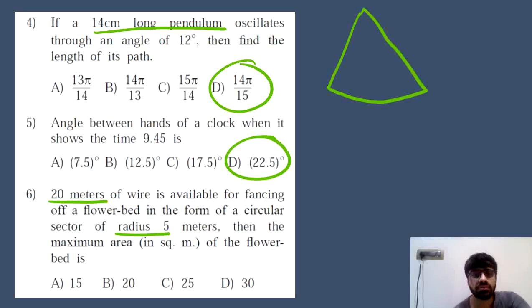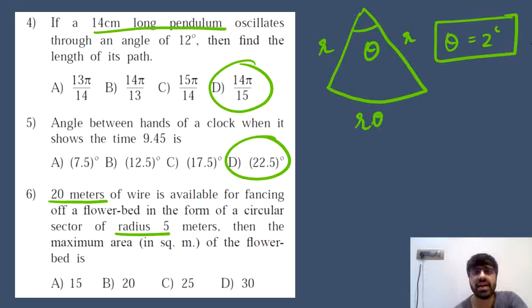So you have the perimeter, that is R, and the length of arc would be R theta, where theta is the angle at the center here. So we have the total perimeter as R plus R theta, which is equal to 20. The radius being equal to 5, you can just put R as 5. So we have 5 plus 5, which is 10, plus 5 theta is equal to 20. So we have 5 theta is equal to 10, and theta will be equal to 2. So theta is 2 radians, and that's the angle at the center.